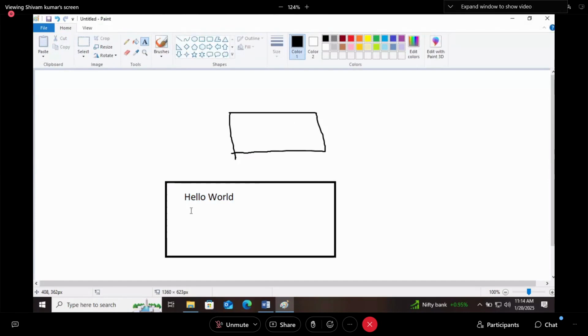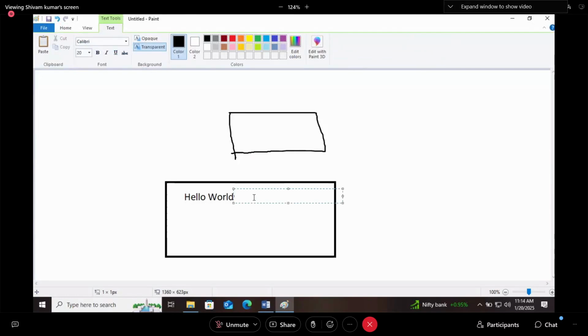Now if it is written and hard coded in HTML and you want to change it, let's say this is what you have written, hello world. In that you have to add today's date also. Let's say today is the 20th of January 2025. Now if this part is hard coded inside your HTML, you have to call that in JavaScript or TypeScript, then attach some on click event, then you can change it. But if it is already available in TypeScript, then it will be easy to change, right?